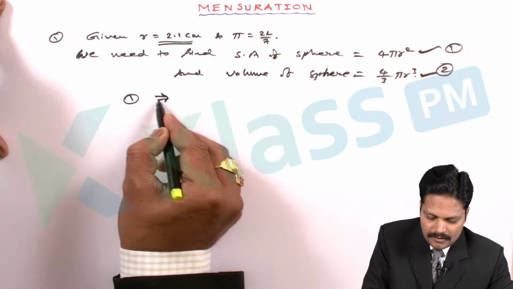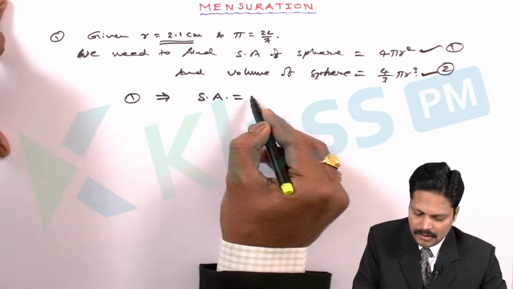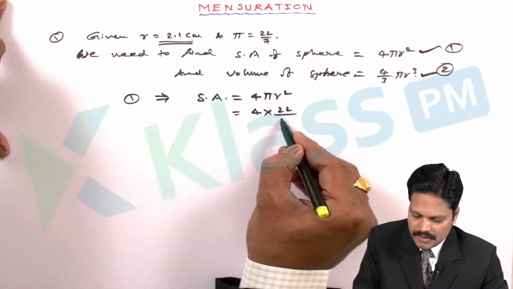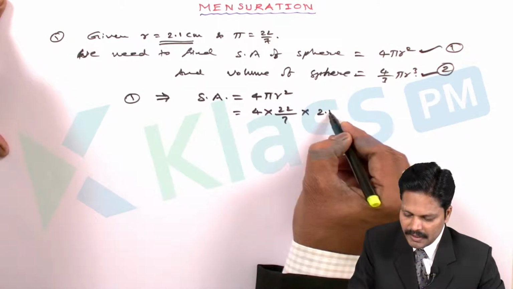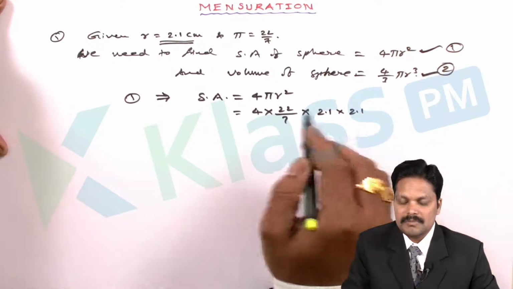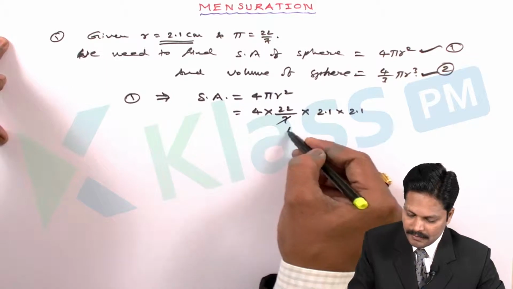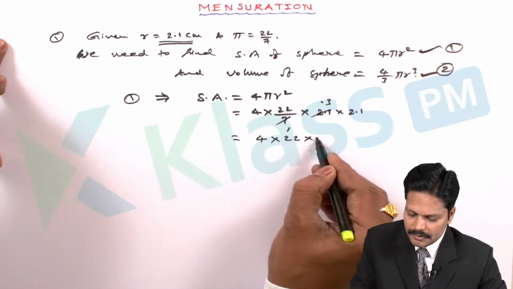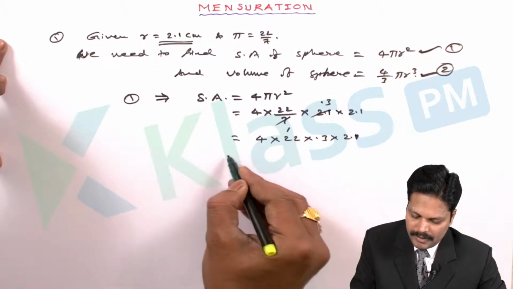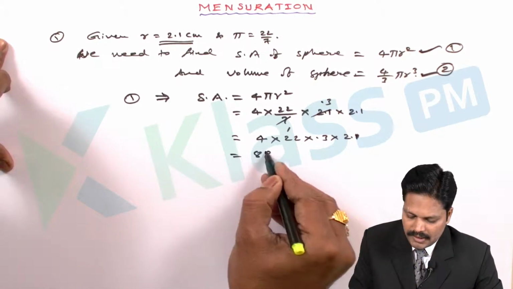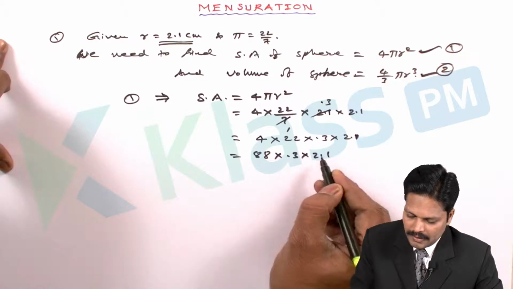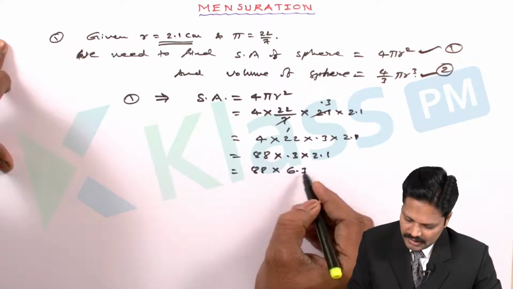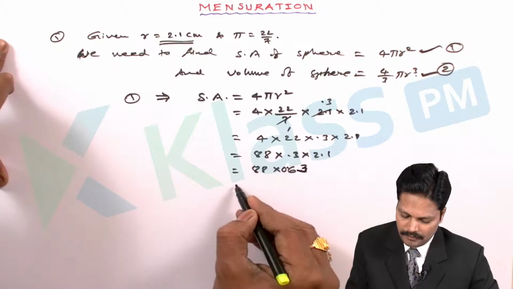So I am finding the first one: surface area is equal to 4 pi r square. Then 4 into, we take the pi value as 22/7, and r square is 2.1 into 2.1. Square means writing this 2 times: 7 ones are 7, and 3s are 0.3. Then we have 4 into 22 into 0.3 into 2.1. By multiplying all these values, we get 88 into 0.3 into 2.1, and 88 into 6.3, and after multiplying this you will get